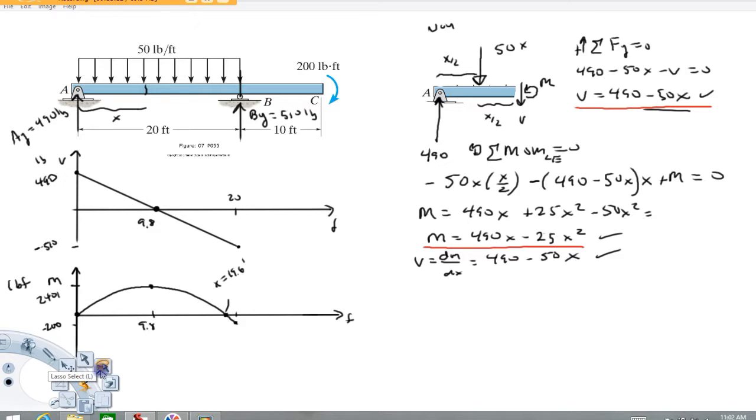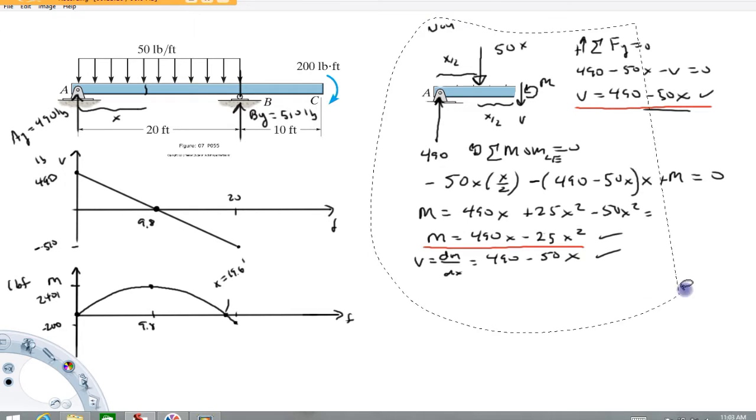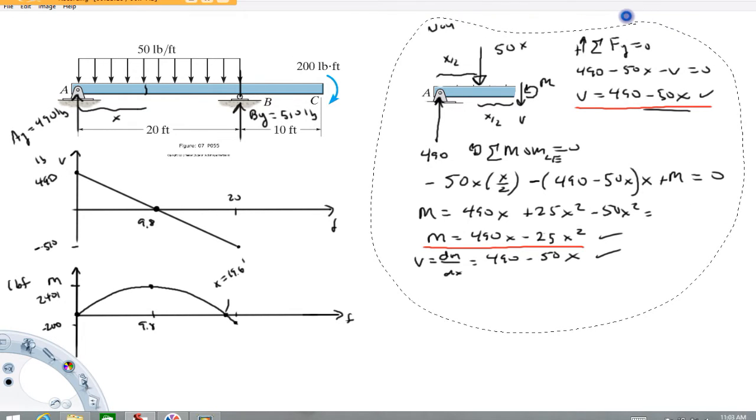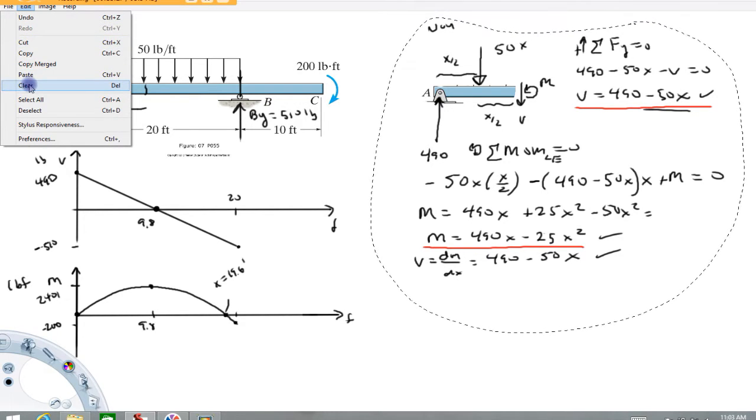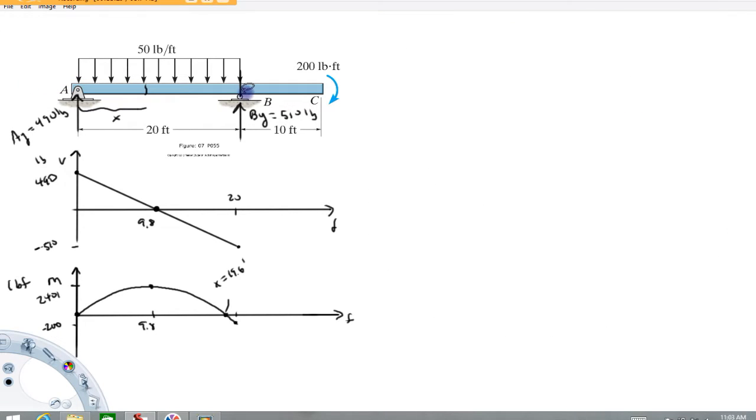So if you'll bear with me here. I don't have room to keep all of this, so I'm going to get rid of this work. If you're watching this and you need it for your notes or something, take a snapshot of it, or you can always go back and take another look. I'm going to clear that. All right, so now when we want the internal moments between B and C,